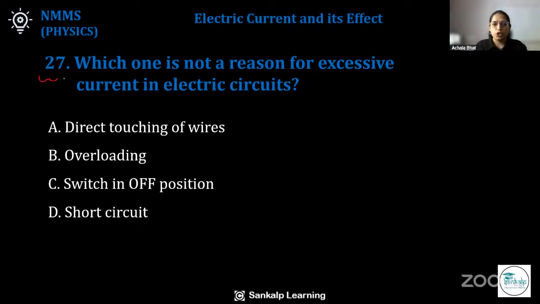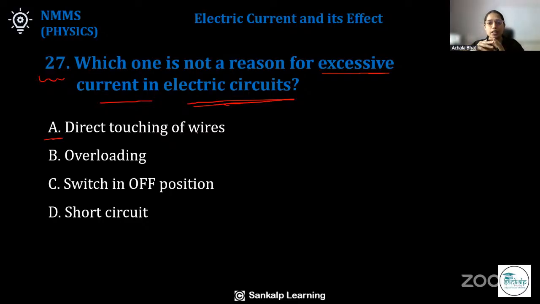Let us see question number 27 of NMMS Physics chapter Electric Current and its effect. Which one is not a reason for excessive current in electric circuits? A. Direct touching of wires. In domestic usage, you may have observed one is red, another one is blue or black color line, insulated